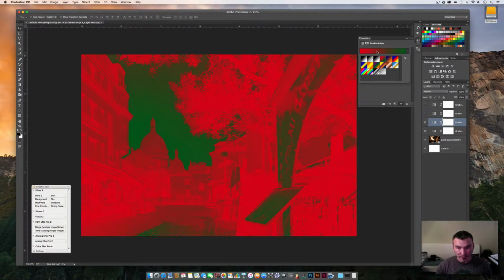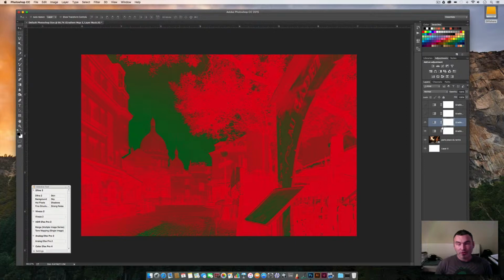Now you can see what's happening here is it's mapping the darkest points in the image to red and the brightest points to green. It looks pretty bad. It looks like a really bad Christmas image from Paris. So what I'd like to do instead is use this to style the image, to maybe color certain parts of